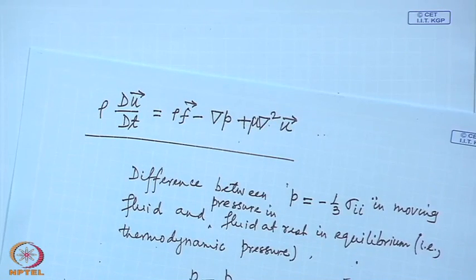Since this difference is due to the flow, or non-uniformity in the flow, this difference must be proportional to the velocity gradient, the way we made Dij proportional to the velocity gradient. Then again writing another matrix in tensor form, P minus P thermodynamic can be written as a tensor proportional to the velocity gradient tensor, which can be equated to Bijkl dUk/dxl.